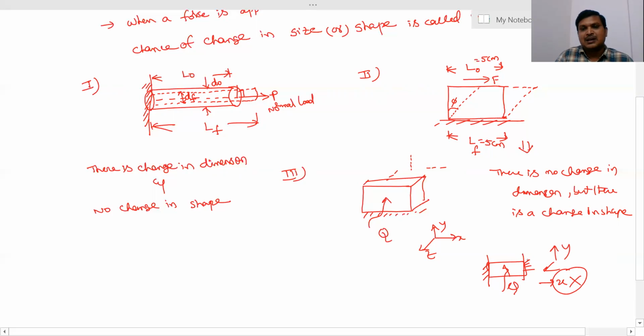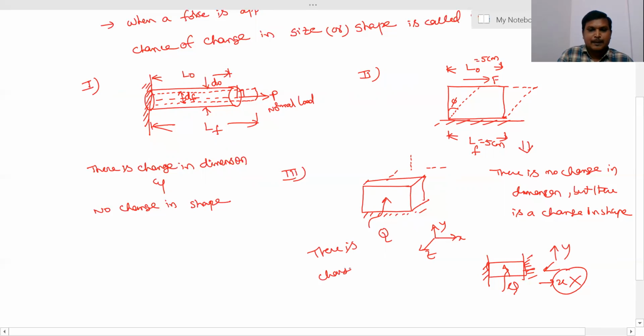So when there is a constraint, a stress will be developed. All these we discussed in the previous class. Now our topic is simply called strain. So I'm taking this third case. When you are applying heat to this body, definitely the body will be free to expand or free to move. Means there is a